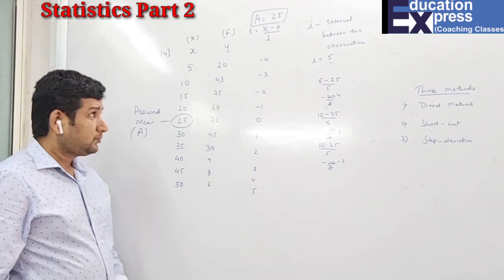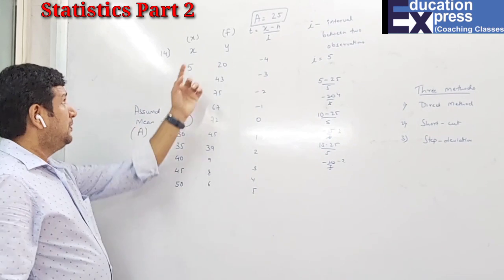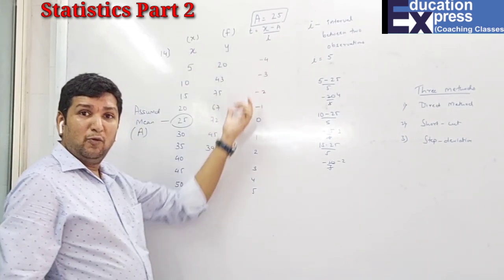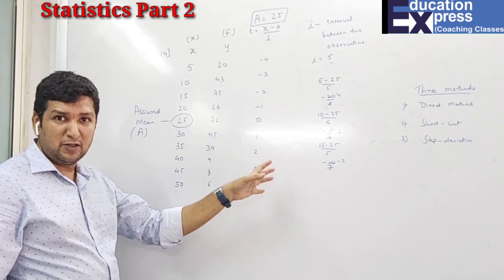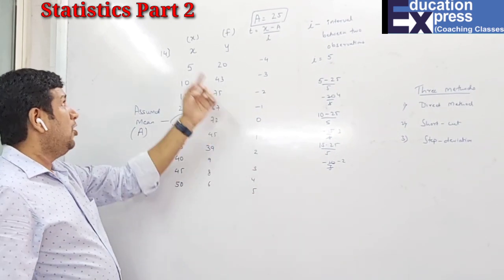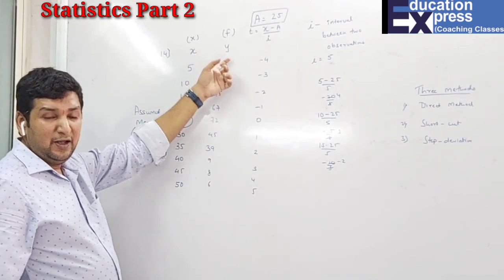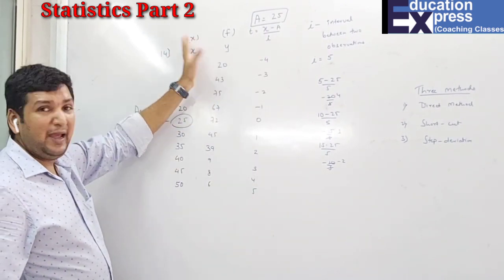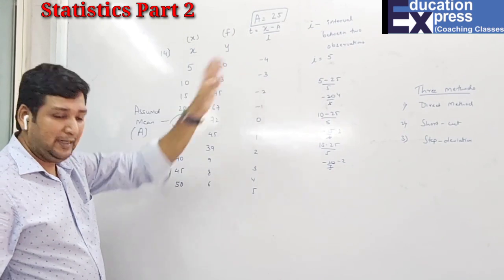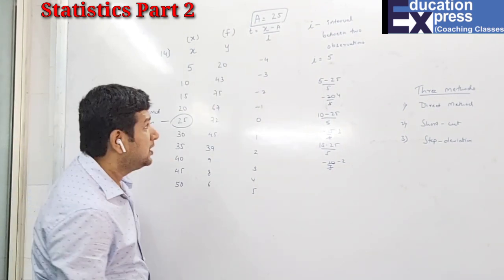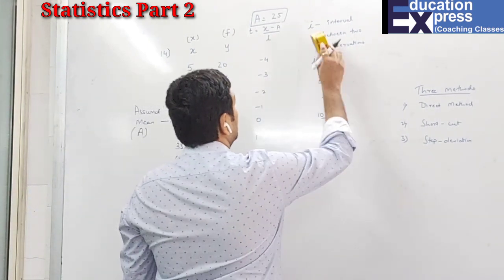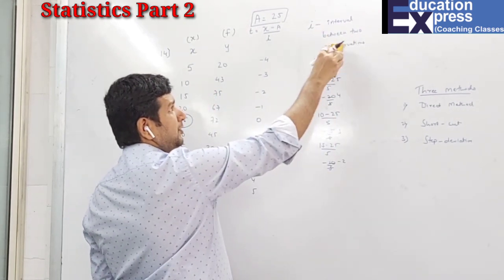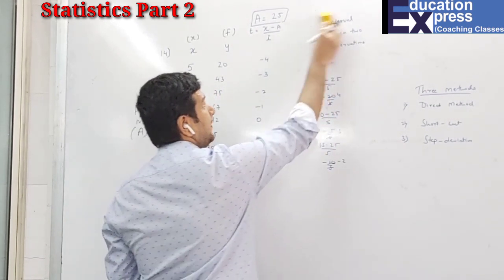Now what? In the direct method, we used to multiply f into x. Now here we have found separately one more thing, which is t. Now I have to make use of this also. So now instead of multiplying x and f, we will multiply f and t. That means I will not multiply f by x, I will multiply f by t, and just see what is the answer. So now, students, just make a note of this. I is the interval between two observations and I is 5.